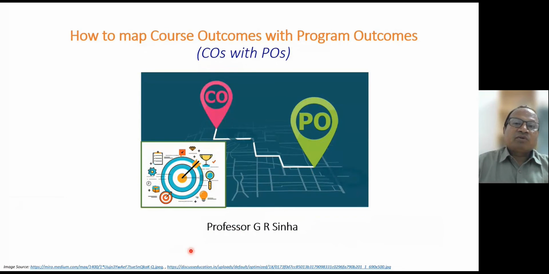program, it consists of a number of courses. So in each course there would be some outcome, and attainment in each course will contribute towards the attainment of the program outcome. So when we talk about course outcomes and program outcomes, and when we map those outcomes, we ask how much of the program outcomes, which are written as expected outcomes after doing a program, are being attained, how much attainment is there, and if a program outcome is attained,